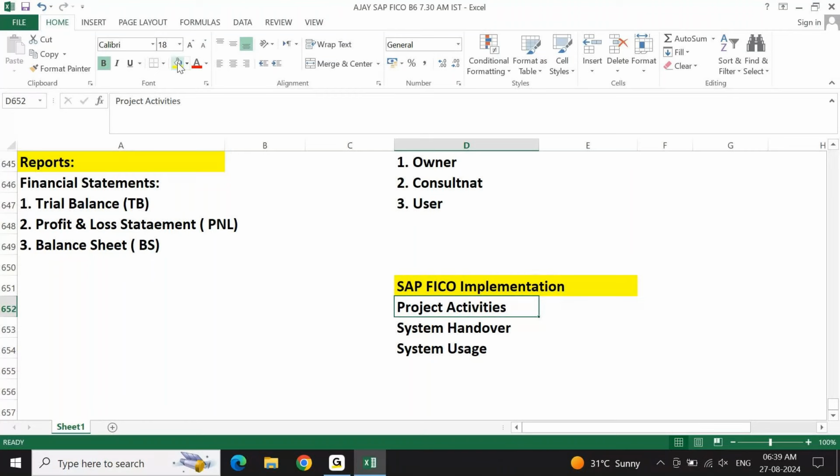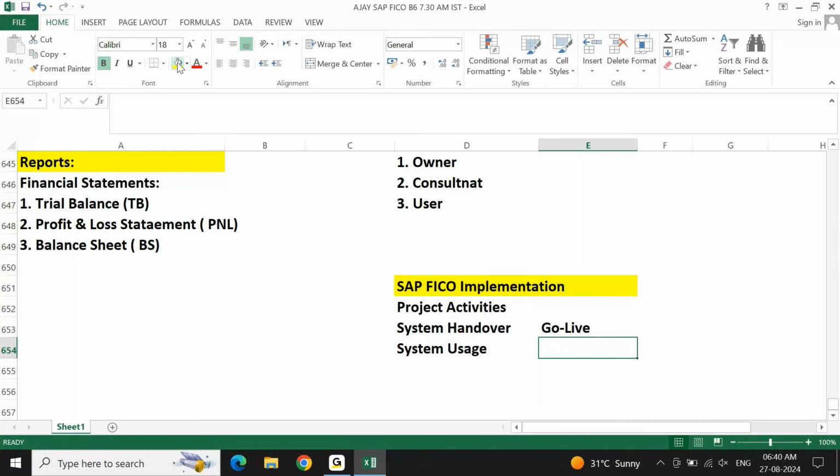When you are handing over the system to the client, it is nothing but your go live. You would have heard a term called project go live, system go live, SAP go live. Go live means the day when your client is using SAP. Right? It is a delivery. When you deliver the SAP system to the client, the day is called go live. Go live means on that day or from that day, the client starts to use their business transactions in the SAP system on a daily basis.